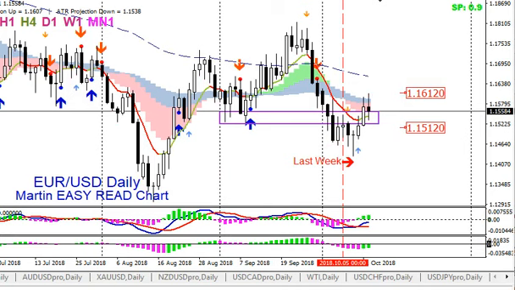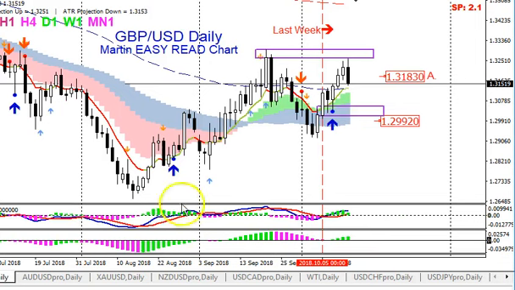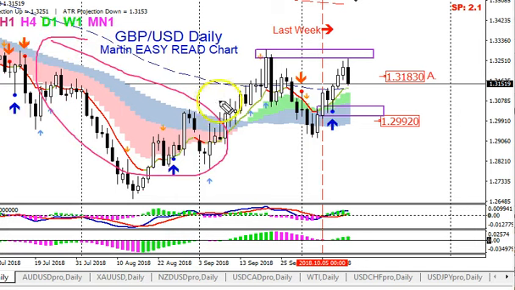Let's go to the British Pound USD. Take a look. We were in an extensive downtrend as shown on the Easy Read charts, okay? Pink below blue, you can see easily downtrend and looking for sell opportunities. There was one right over there. Now take a look at a previous big momentum candle. We want to get above this area right here, look for buys,